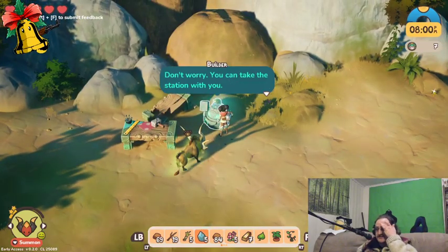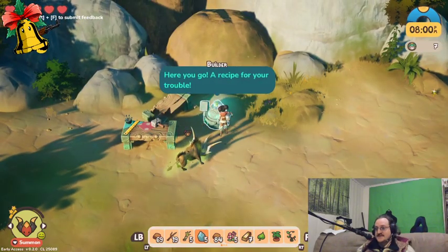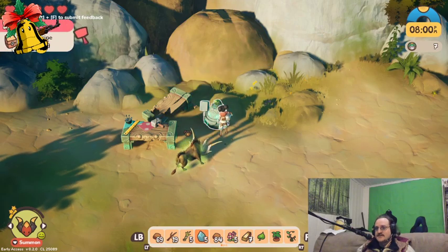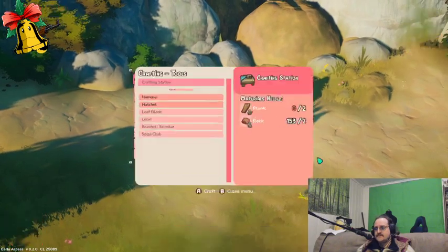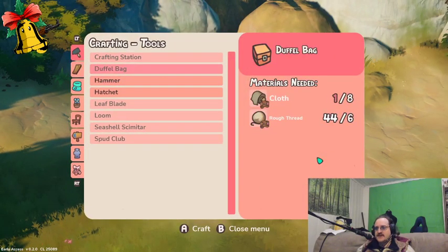It seems you can craft all sorts of items. Don't worry, you can take the station with you. Is a duffel bag. Ooh. So let's see, now I can...